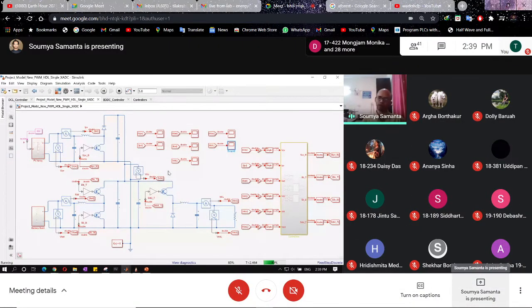Now part of this one, we have completed the implementation, not the whole thing. This automation has not been done yet. The manual control we have done. There we are manually varying the duty cycle, but in this simulation you can see we are not varying the duty cycle manually. But whenever you see the experiment, you will see we are varying it manually. That is the only difference. This automation part is missing, so we are developing that part. Still, even without that, you will understand how it is working.